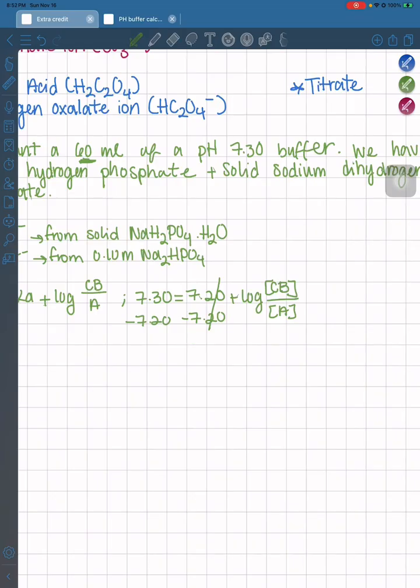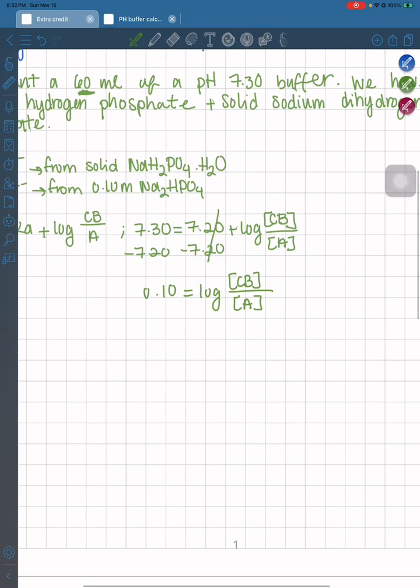Left with 0.10. That's equal to our log of conjugate base over acid. Now we need to get rid of our log. How do we do that? Base 10. So we have our base 10 to the power of 0.10 is equal to, got rid of that,